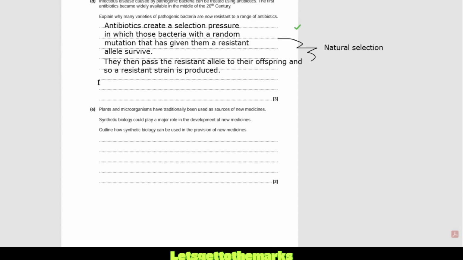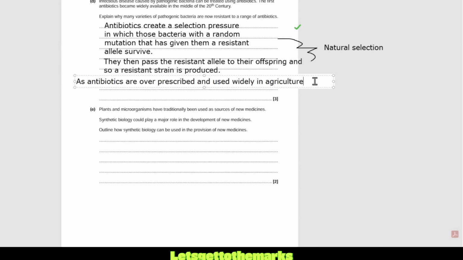The other 2 marks are that antibiotics are over prescribed, okay, they're not just over prescribed, but they're used in agriculture as well, used in farming, and used widely in agriculture. Agriculture means used widely in farming. Basically, people injecting their chickens and their pigs and their cows and things that they're farming for meat with antibiotics to prevent the spread of disease amongst their farm, so they get a higher yield and all of that business. Actually, that's a bad thing because of the overprescription and used widely in agriculture.